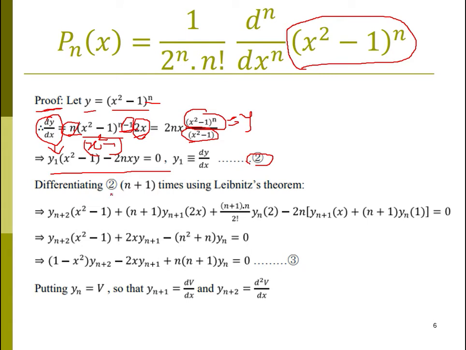Now differentiating equation 2 n plus 1 times using Leibniz theorem, so we get yn plus 2 into x square minus 1, n plus 1 times differentiating, so yn plus 2 into x square minus 1 plus n plus 1 c1, nc1 is equal to n, so n plus 1 c1 is equal to n plus 1 into yn plus 1 and derivative of x square minus 1, so 2x plus n plus 1 c2, so nc2 is equal to this and yn and derivative of 2x is equal to 2,